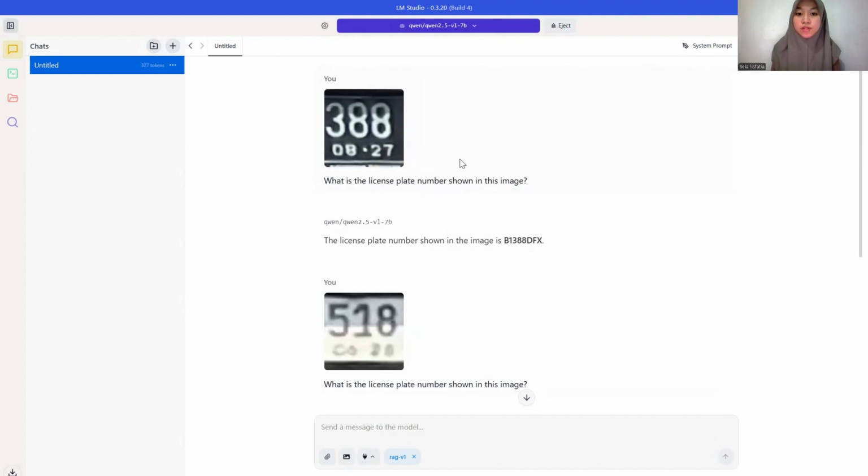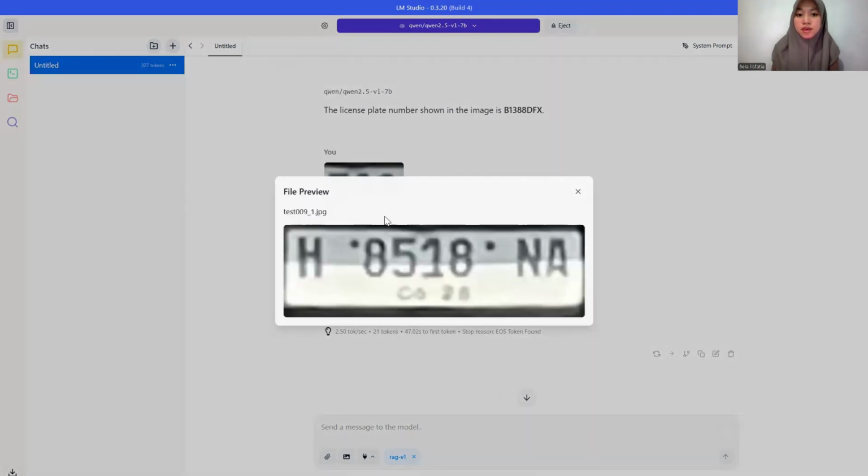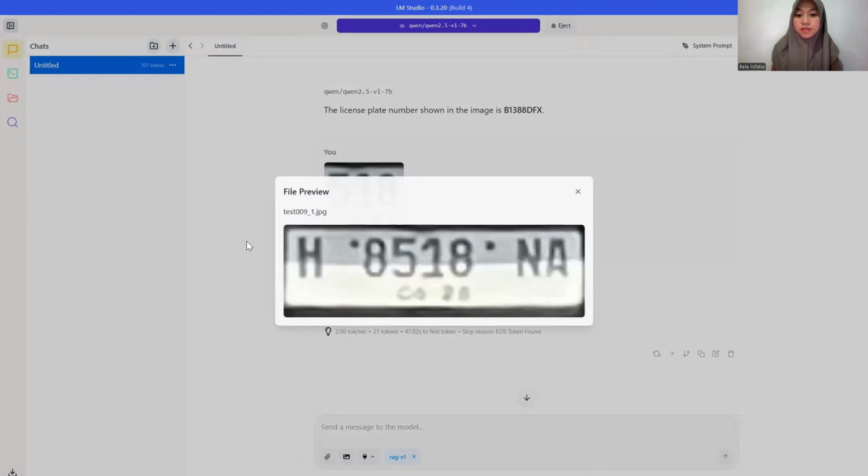The first chat bubble explains the correct output from the text and image input. For the second chat bubble, we input the image and also the text prompt, but the output is incorrect because of noise, with characters that are not the same as in this image.